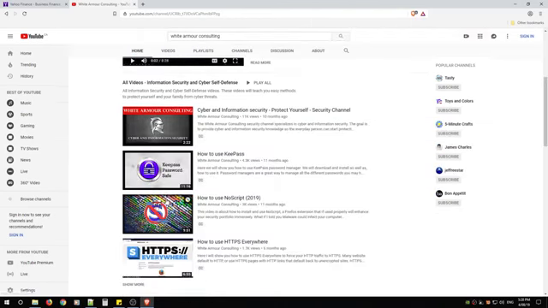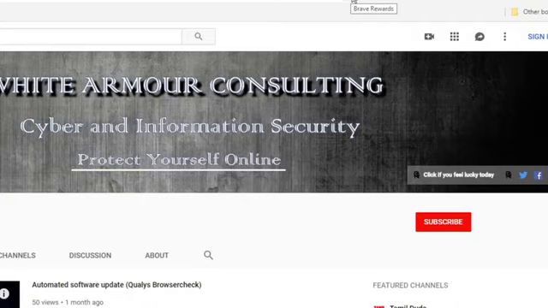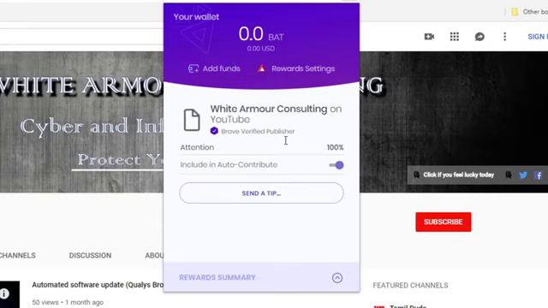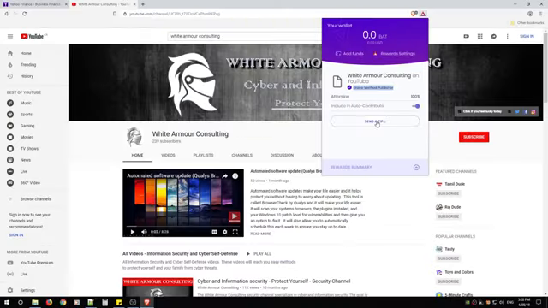My page still loads, but the difference is if you are into the Brave rewards and you want to tip a creator, you just click this triangle and you're going to notice this window and you can send a tip. But the only way you can do this is if they're a Brave verified publisher, if I've actually verified my channel with Brave. If they've done this, then you can send a tip. You might be redirected to